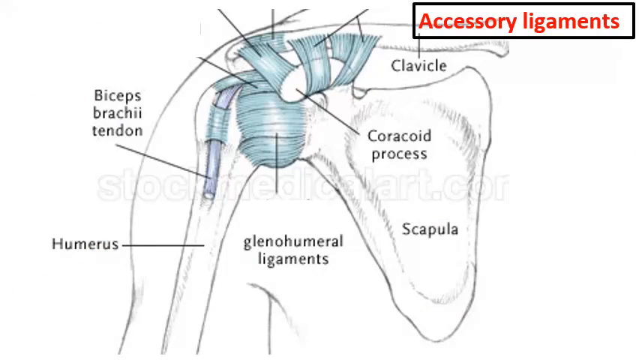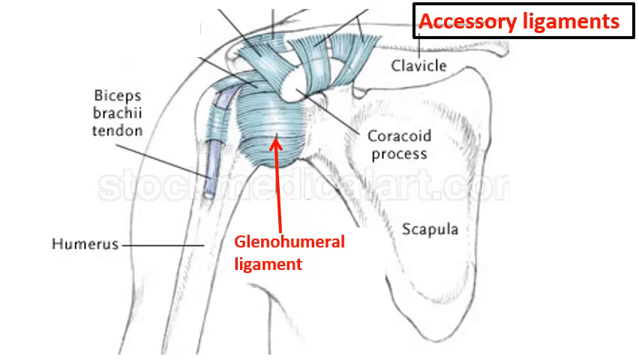Next, we come to the accessory ligaments of the shoulder joint. We have three accessory ligaments. The first ligament supports the joint from the front, or anteriorly. It extends from the glenoid cavity to the humerus, so it is called the glenohumeral ligament. As you see from the picture, it supports the joint anteriorly, extends from the glenoid to the humerus, so